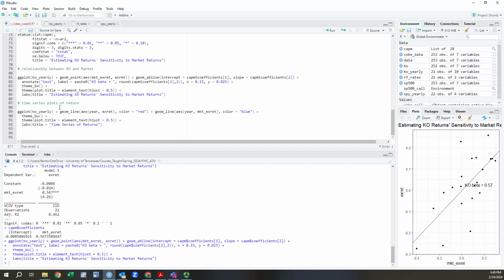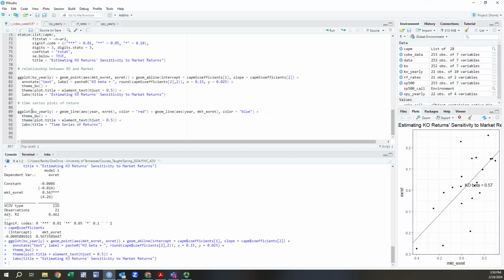So once again, we're going to call ggplot, but now we're going to use 2 geom_line functions, both with the same x variable, the year, both different y's. And this is going to tell R to give me 2 lines based off of 2 different time series. One I want to have as the asset's excess returns, and the other I want to be the market's excess returns. I'm going to tell R here to color the Koch returns red and the market returns blue, and use the same theme black and white, the same theme function and the same